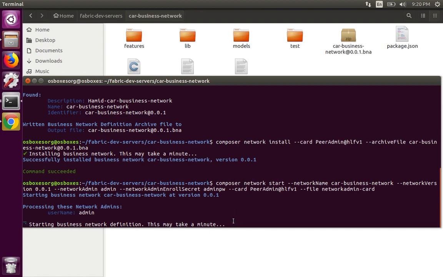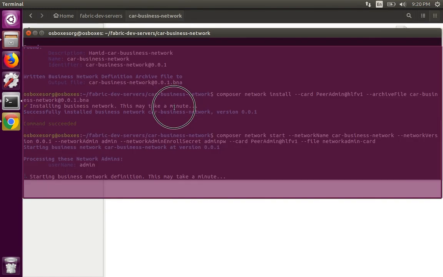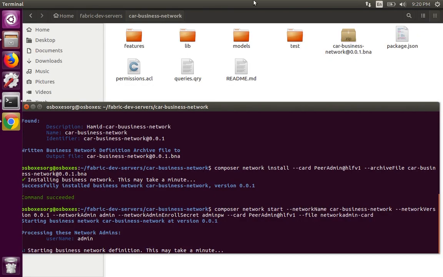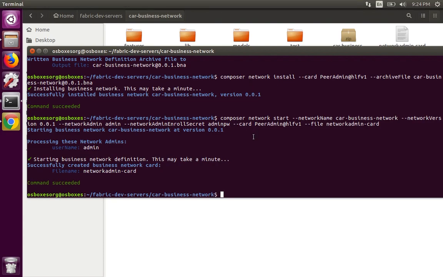The next step is going to be import the network admin card, but now we are waiting just until the code finishes running. Maybe I can pause the video. Alright, so we are going to write the command